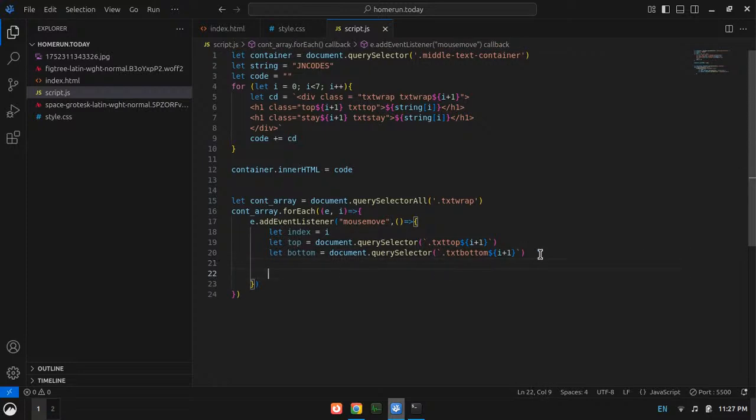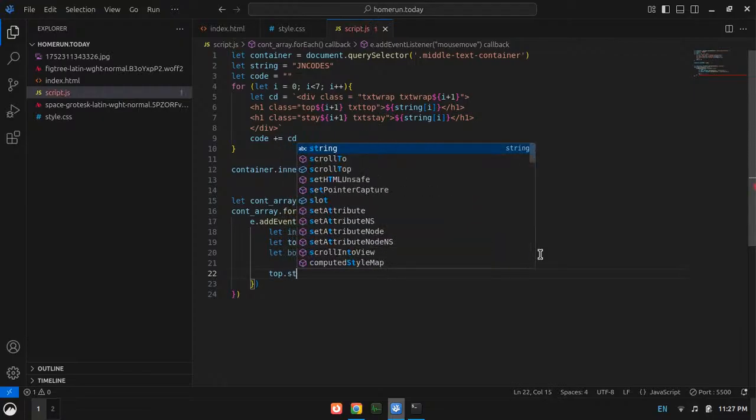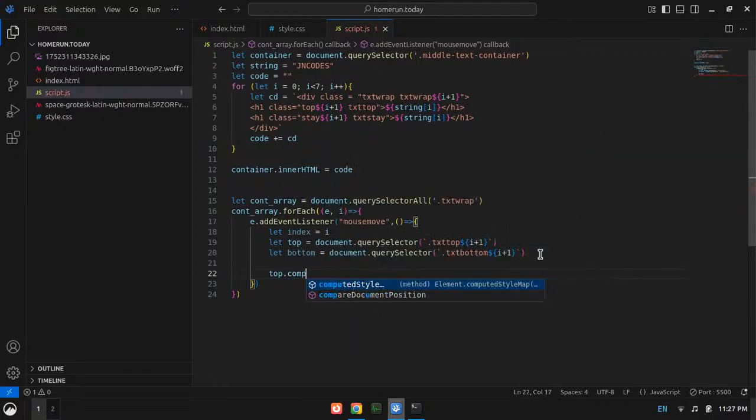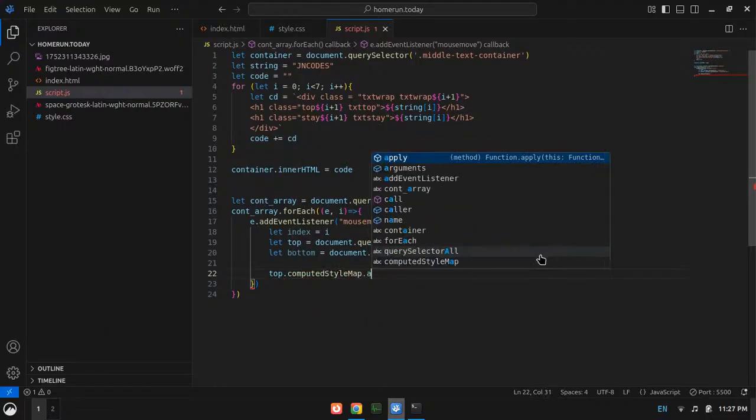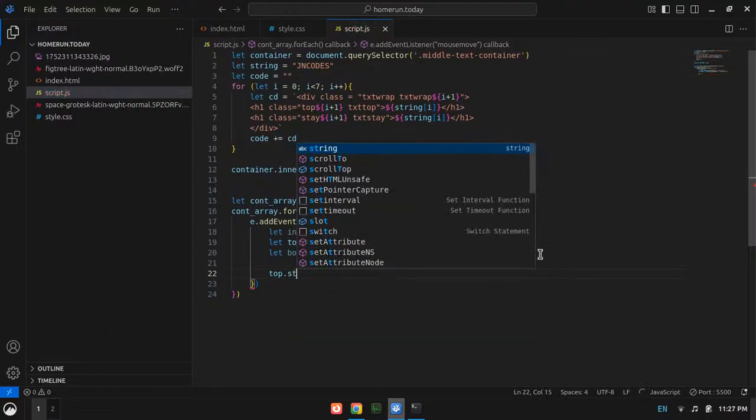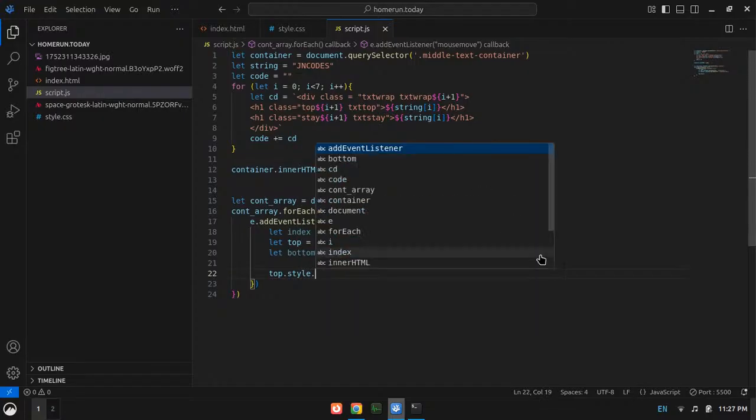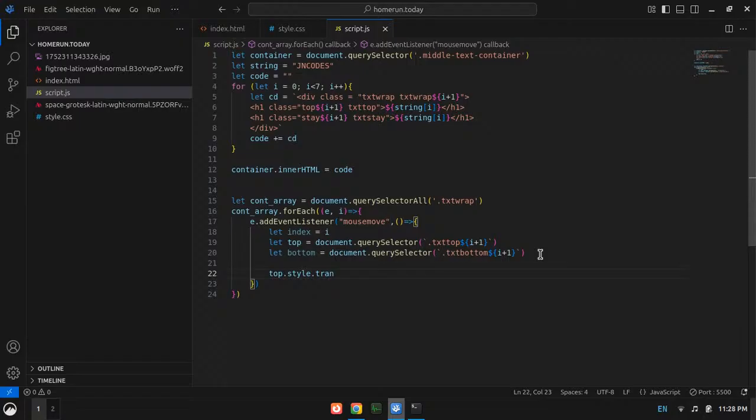Now what I will do is top dot style dot transform equal to translate y to be 100%, and then the bottom dot style dot translate would be minus 100.